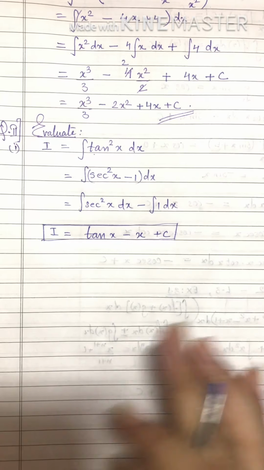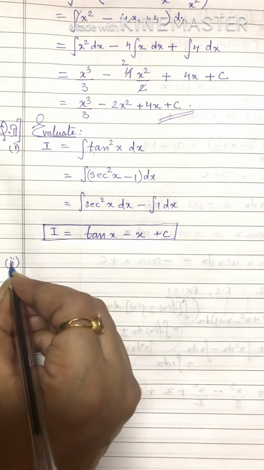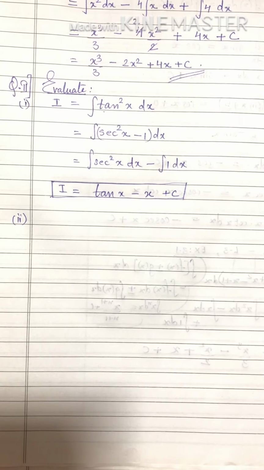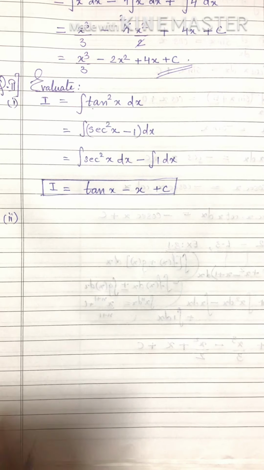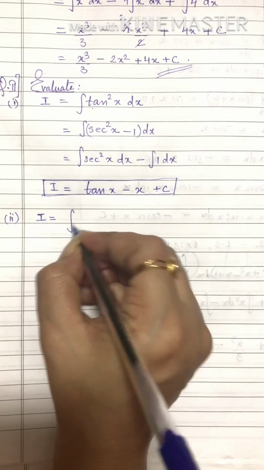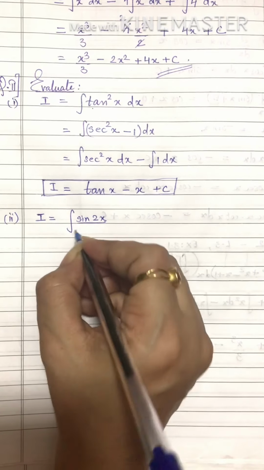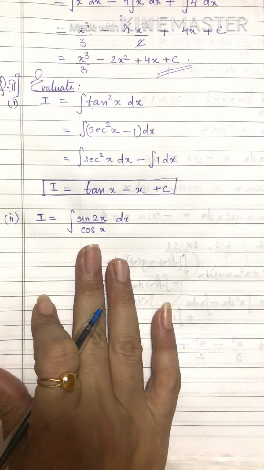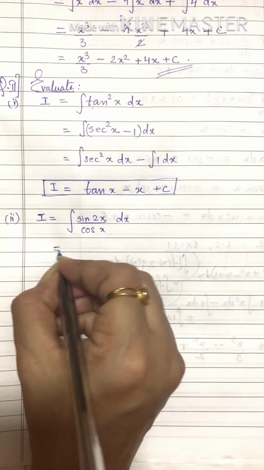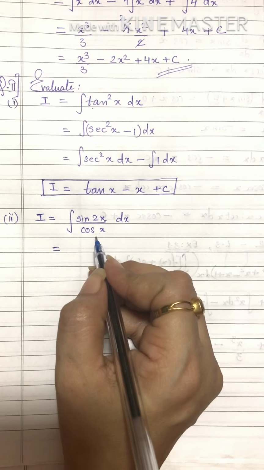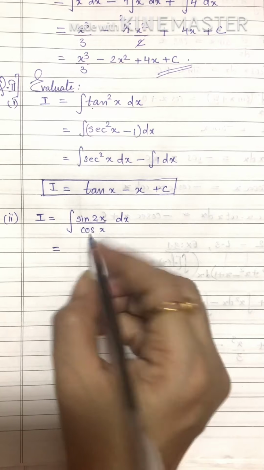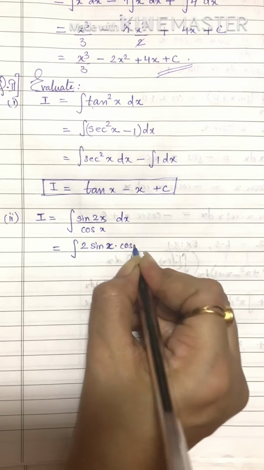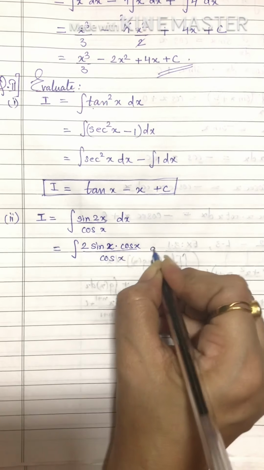You will see one by one the complexity of questions does increase, but then you get good practice of all the formulae also. Nothing to sit and keep on mugging up. Keep on practicing the sums and automatically all the formulae will fit in your mind. So next sum is integration sine 2x upon cos x. Now in trigonometry also, if you can simplify anything, just go for it. Now cos x is general, nothing can be written in place of cos x, but for sine 2x, yes, we do have a formula, which is given by 2 sine x cos x upon cos x dx.